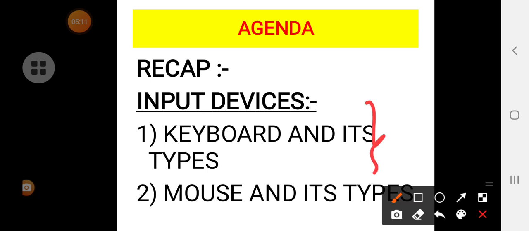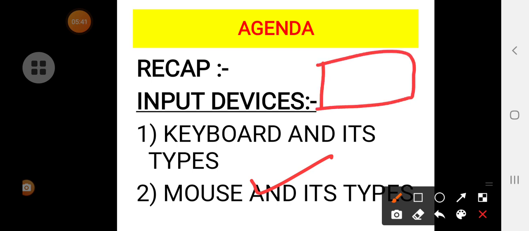Then what else did we discuss? We discussed one more input device, that is the primary input device, the mouse. Mouse expansion is mechanically operated user serial engine. Actually what it does is, it is a pointing device.